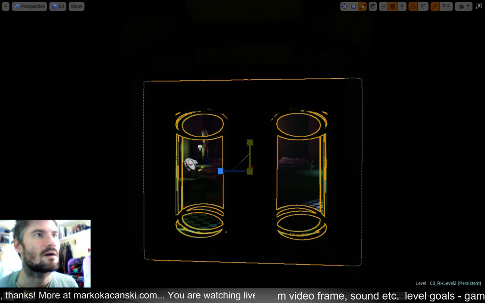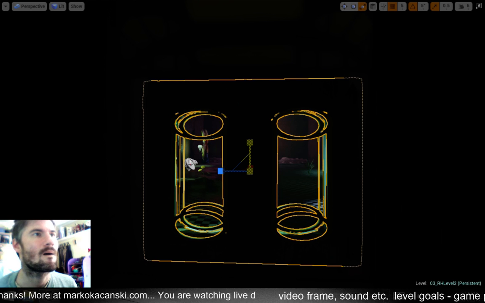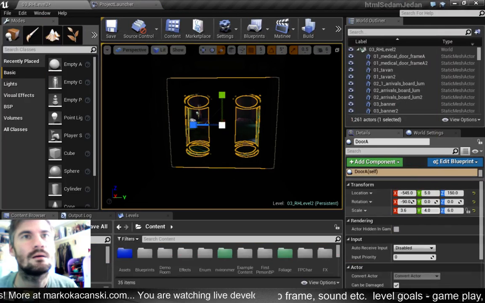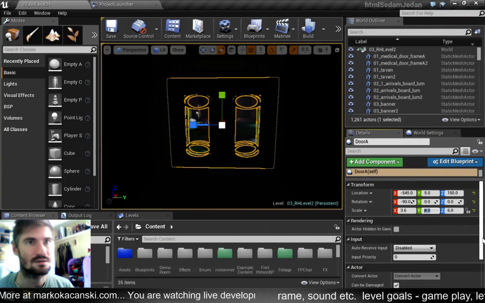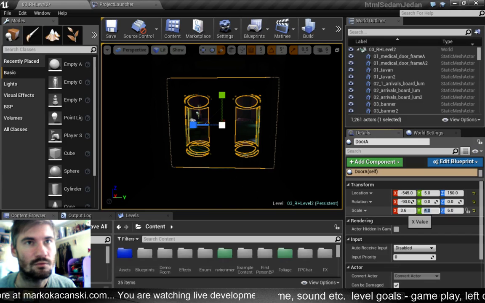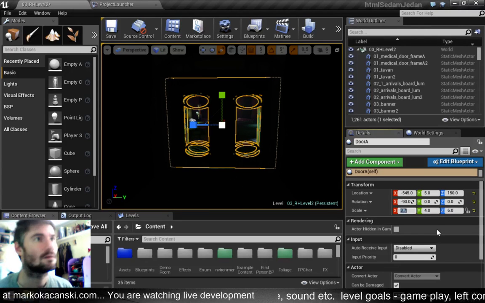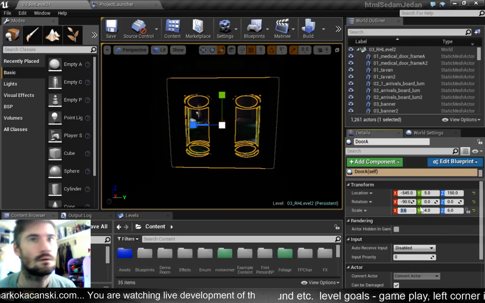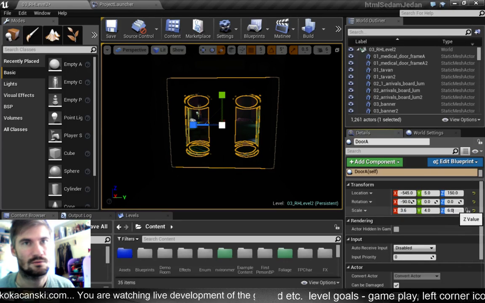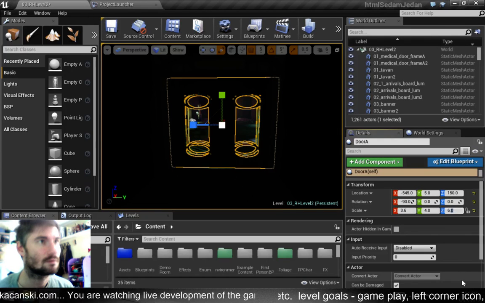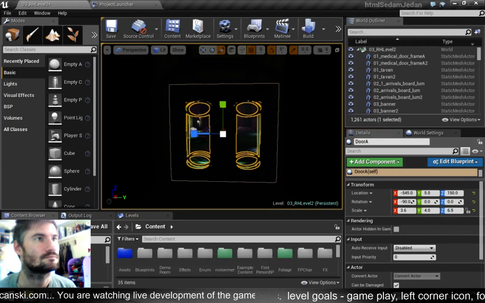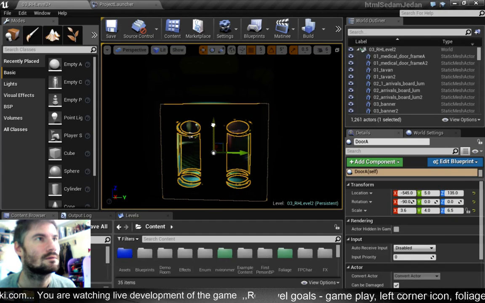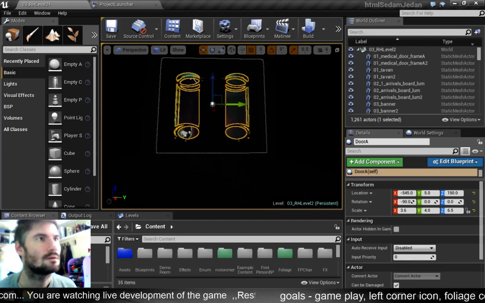Should be maybe taller. If we set it to 3.7. No. If we set it to 6.5. Okay. It's a little bit better,